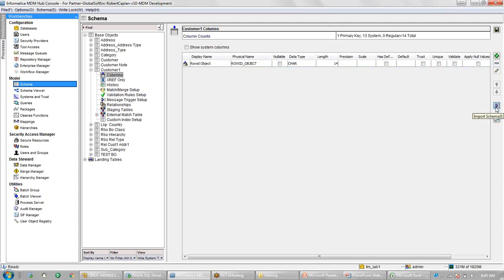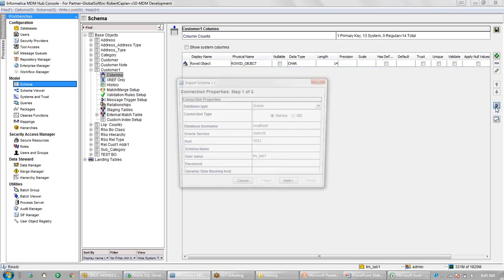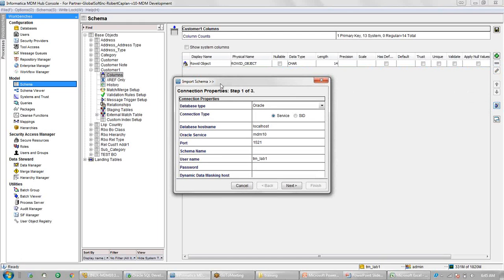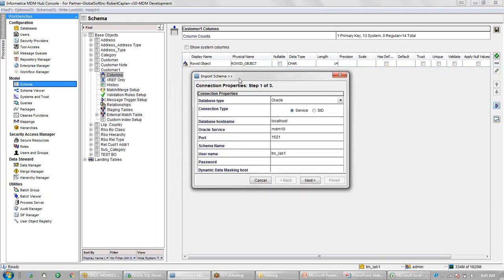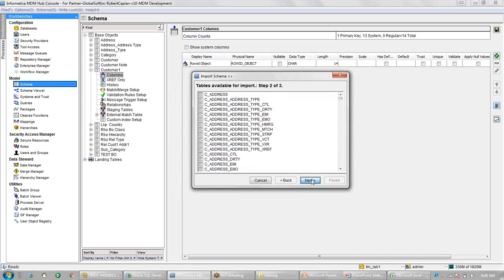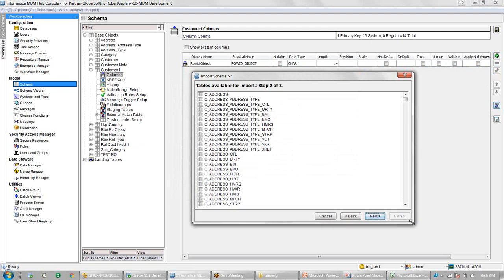So on the right hand side, the second last button, this is the import schema button. Once we click on this, it will ask for these details, the database details. Once we pass these database details, the schema name, username, and the password, it will show me all the tables, whatever tables are present in my ORS or the schema, everything will get displayed here. So the tables that we have created in MDM side or any table which is created in the backend, all those tables will be visible.